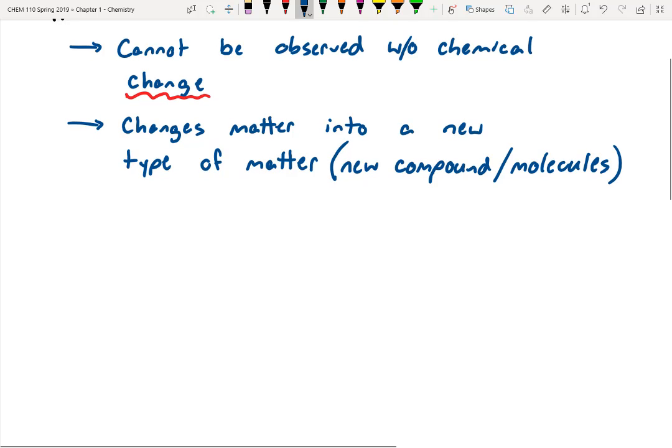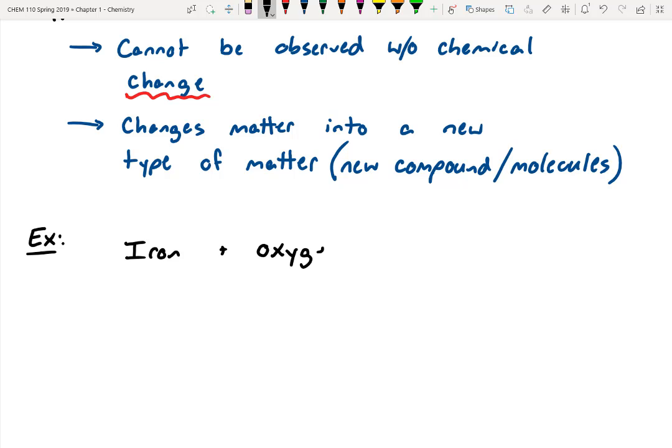So we'll take a look at a handful of examples, some that most of us should be familiar with, especially living in the Northwest. If we have iron, which is found in steel, and you expose it to oxygen for a long period of time, what do you get out? Rust, exactly. So rust is actually called iron oxide in chemistry, and it's a combination of that iron reacting with oxygen. It's one reason why oftentimes cars actually have coating over their steel, to prevent any sort of corrosion, right? In fact, on spacecraft, it's a really, really big deal.